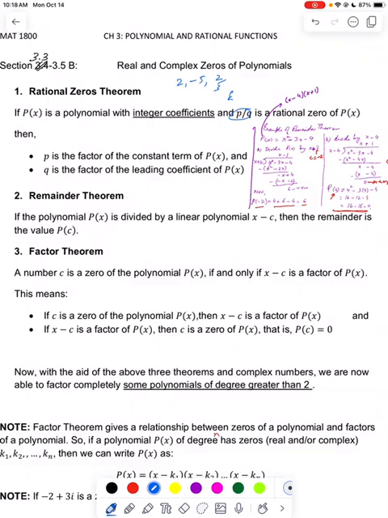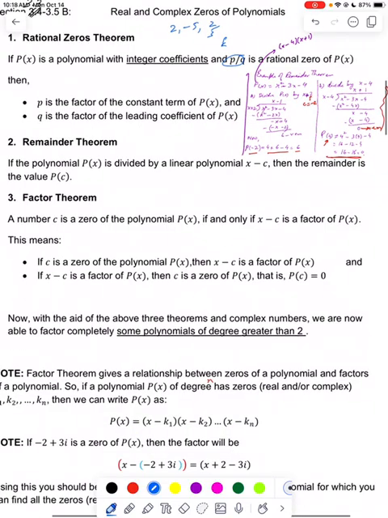Then if there is a zero of this form, it must be that p is a factor of the constant term and q is a factor or divisor of the lead coefficient. Okay,